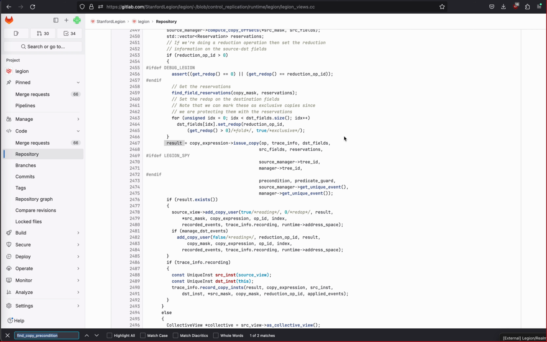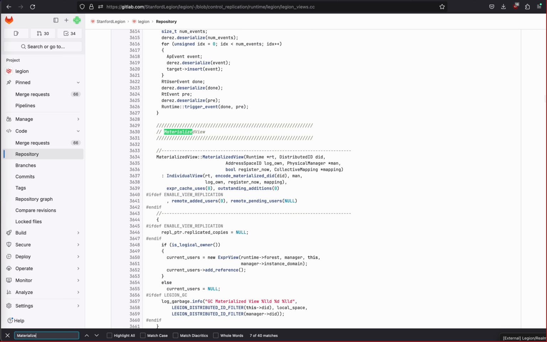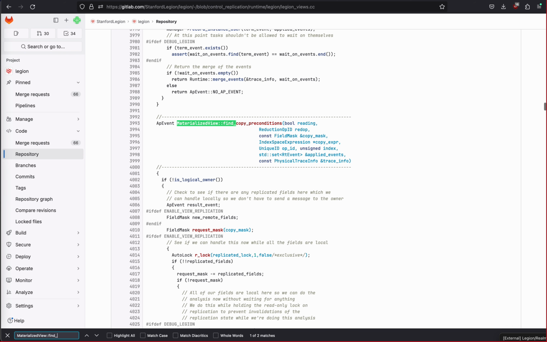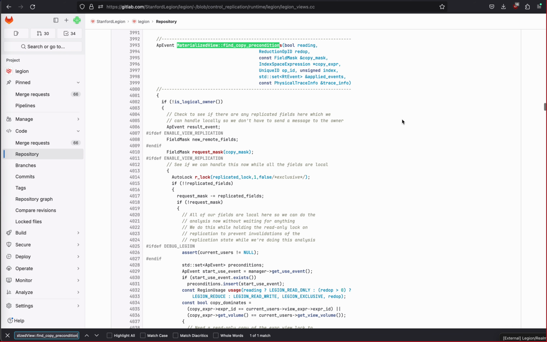Okay, so let's go find that method. We're going to look for Materialized View, find copy preconditions. All right. So we've looked at this for reduction view, and we're looking at it for Materialized View now. It has a very similar structure to the reduction view version of this class. So the first thing is, you remember from reduction view, we talked about this before, but just to reiterate for everyone: